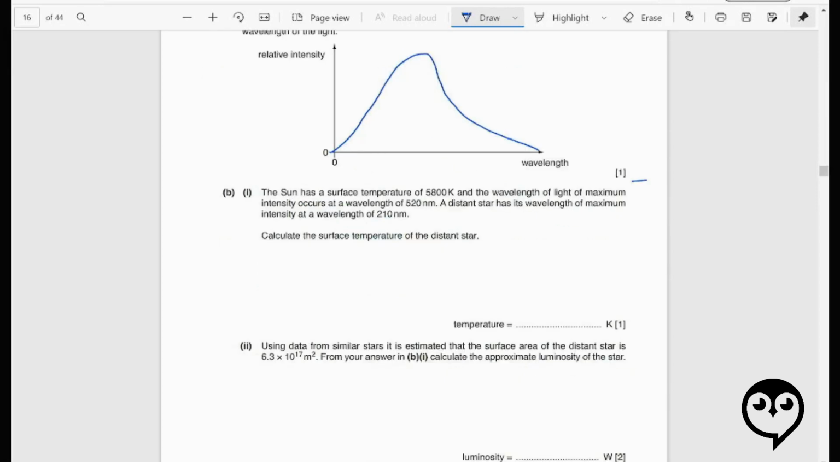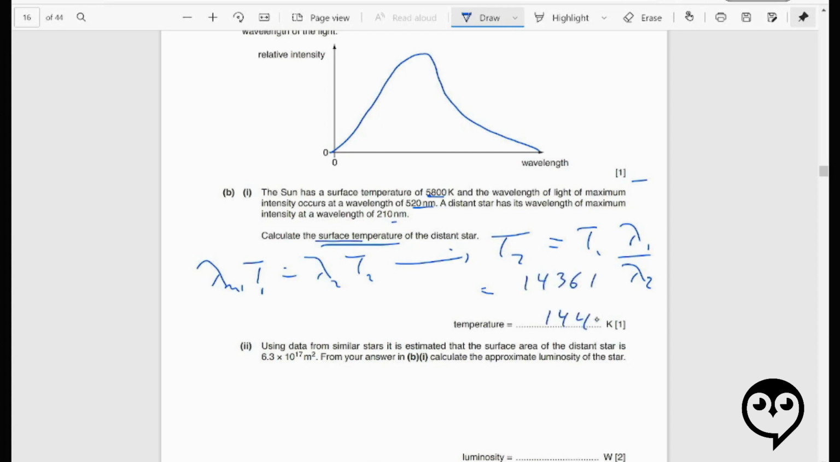Okay, on to part B here. We've got the sun, and they give the surface temperature and its maximum wavelength, and then you've got a distant star with its maximum wavelength. Calculate the surface temperature of the star. Well, with Wien's law, we can set these two equal to each other, can't we? And we can just find the surface temperature of the one, and so we'll have lambda 1 over lambda 2, won't we? Right, and I get